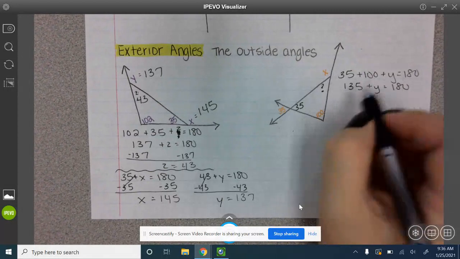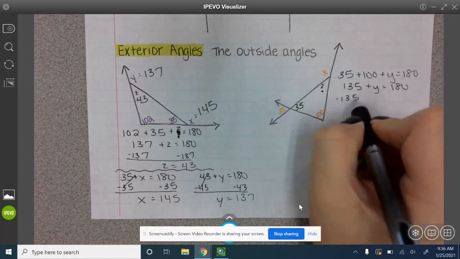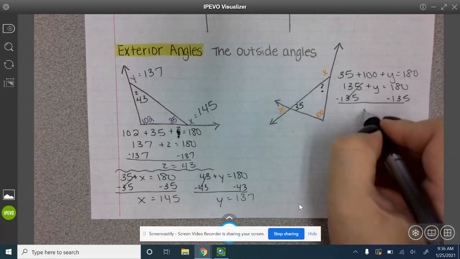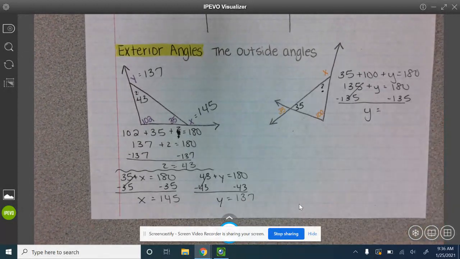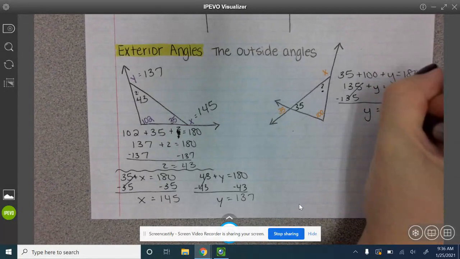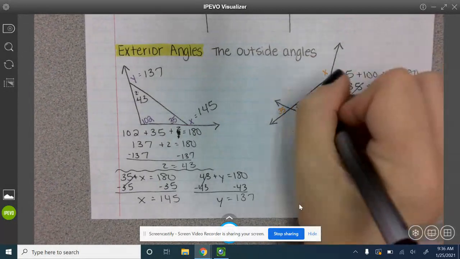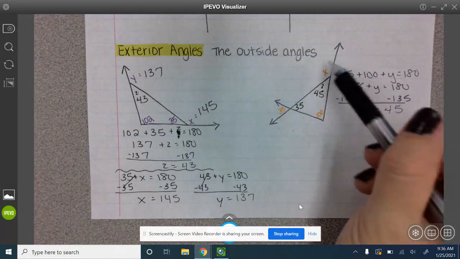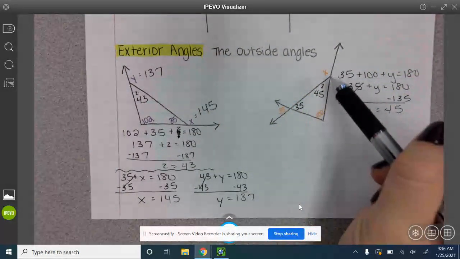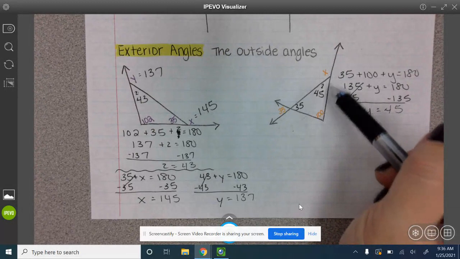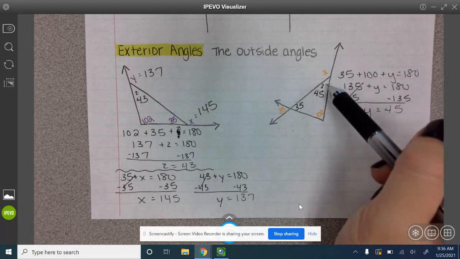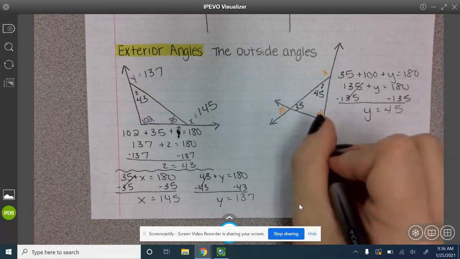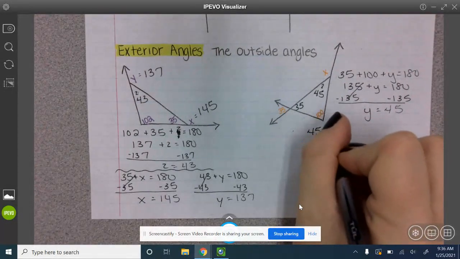How do you kick out positive 135? We're going to subtract 135 on both sides. And we end up with 180 minus 135, which gives me 45. So this angle is 45. I'm not finished because I really wanted to solve for x. Well, 45 and x make this straight line. These two angles are supplementary. Supplementary equals 180. So 45 plus x